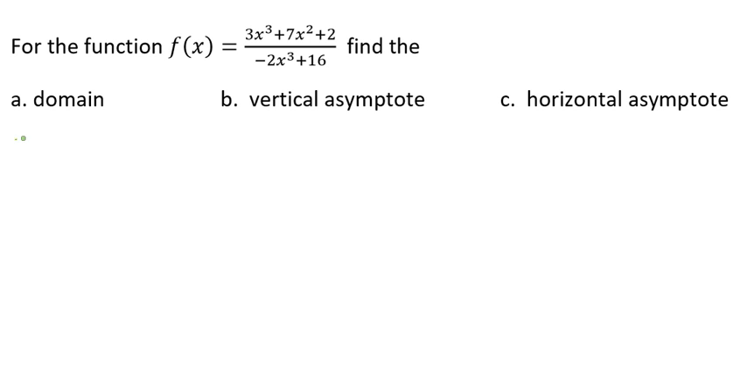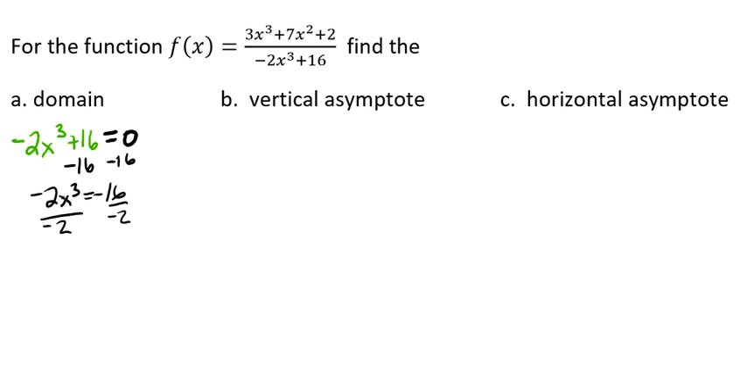our denominator and set it equal to 0. So we're going to have negative 2x to the third plus 16. We're going to set that equal to 0, and now we're going to solve. You'll notice that this is very similar to finding our vertical asymptote. So we're going to subtract 16 from both sides, then divide both sides by negative 2,